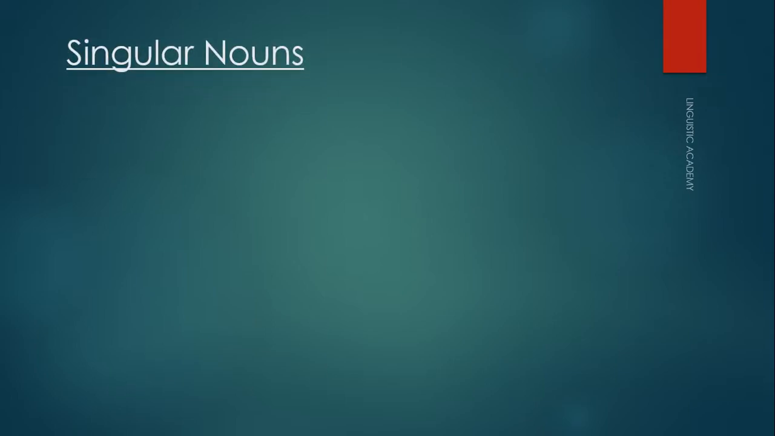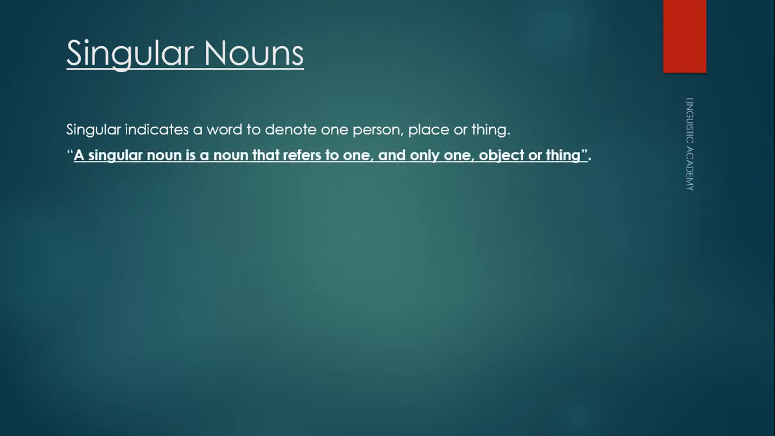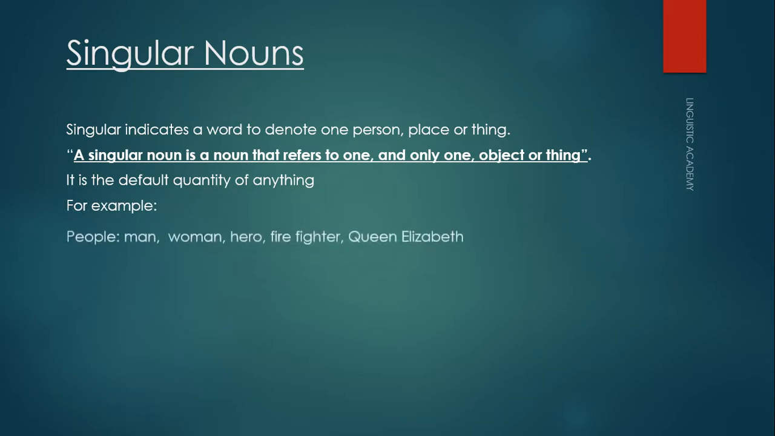Singular nouns. Singular indicates a word to express one person, one place, or one thing. A proper definition of singular noun will be: a singular noun is a noun that refers to one and only one object or thing. It is the default quantity of something. Default means genuine, authentic, actual, or real. For example, people like man, woman, hero,